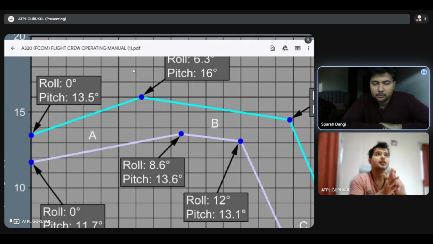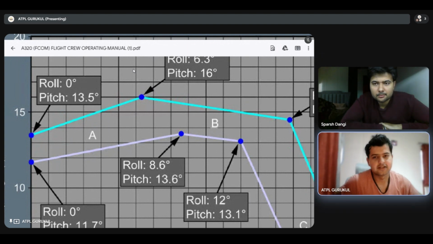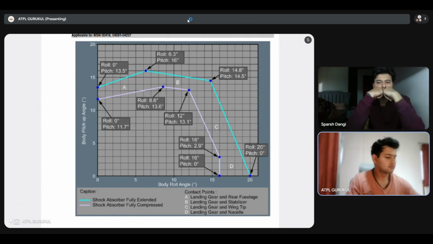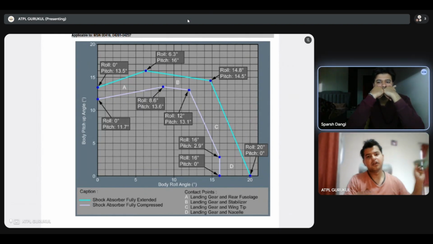समझ रहा हूँ मैं। सो लेट मी वन सेकेंड। नाउ